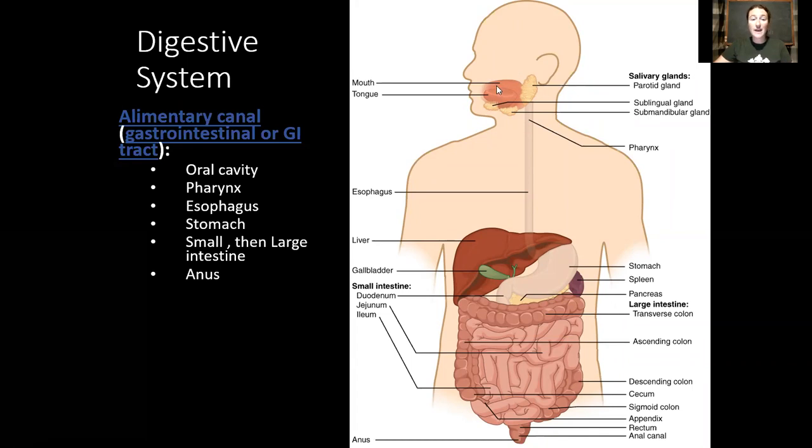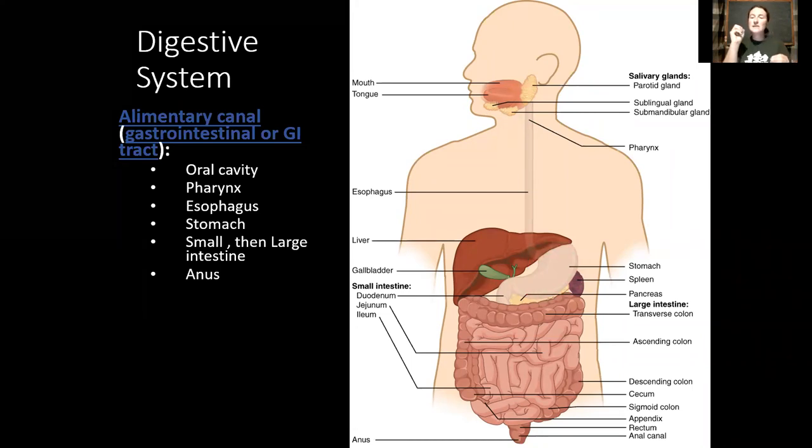First we have the oral cavity. Food is swallowed through the pharynx. We've talked about that a little bit with the respiratory system. With the swallowing reflex, food and drink is diverted down our esophagus, ultimately into our stomach, where it's stored for a little bit, and little bits of this food mixed with stomach acid are then passed from our stomach into our small intestine.